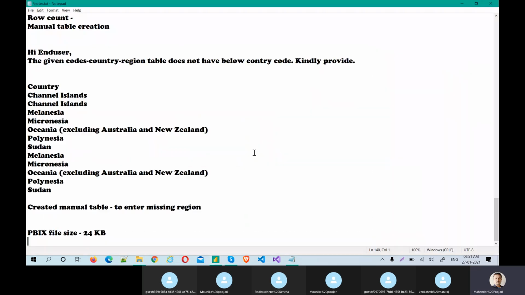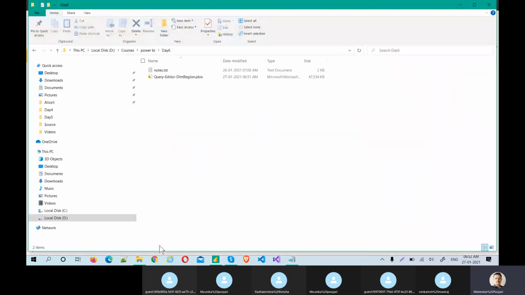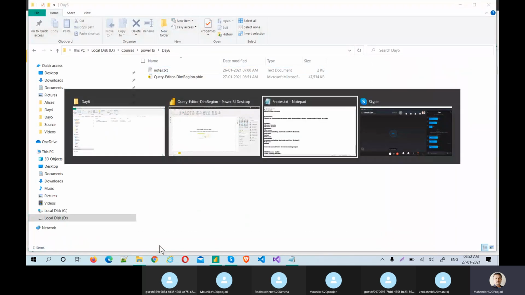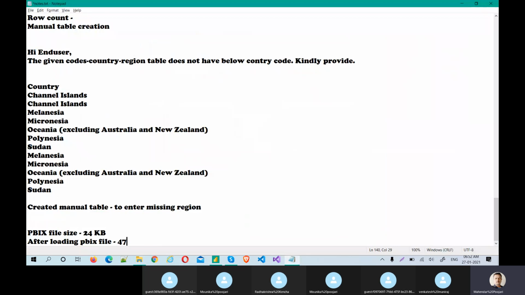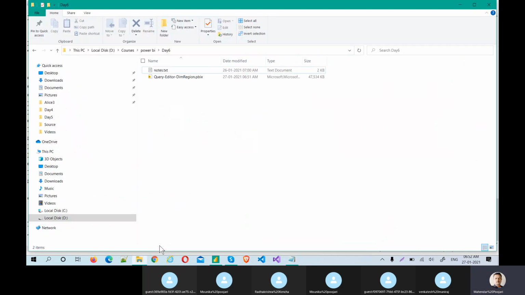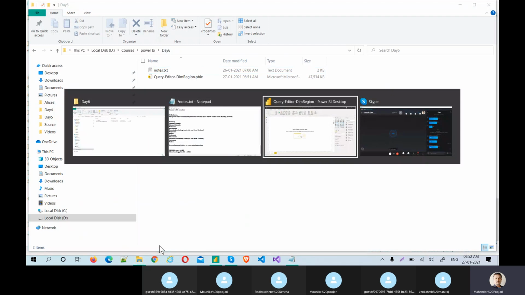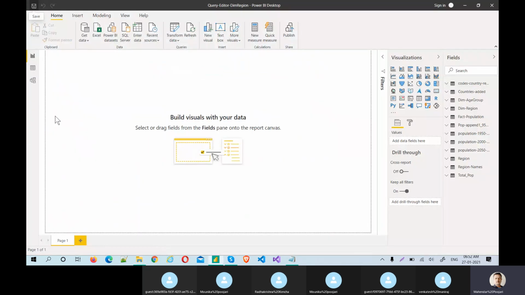What is this? PBIX file size after loading, 47 MB. This is huge. Now I will reduce this file size by applying some techniques on top of this.